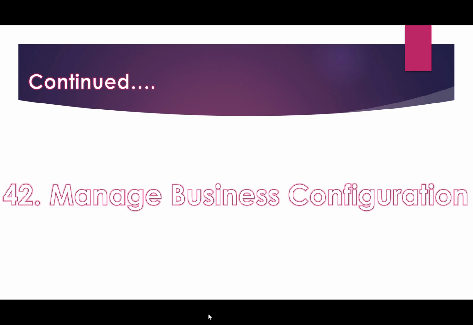Manage business configuration. Business configuration UI allows the user or the admin to access the succession data model as well as the country or region specific succession data model from the UI rather than having to go through provisioning. Proper permission should be provided to enable the business configuration UI for the user or the admin. The business configuration option in admin tools feature in provisioning should be enabled for this option to be available for providing permissions.